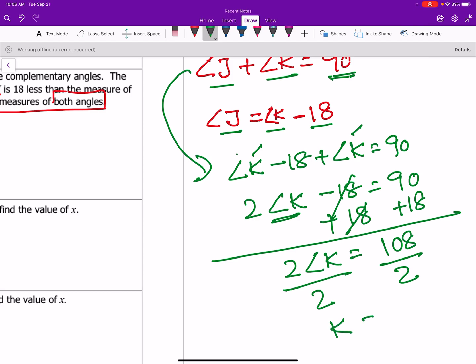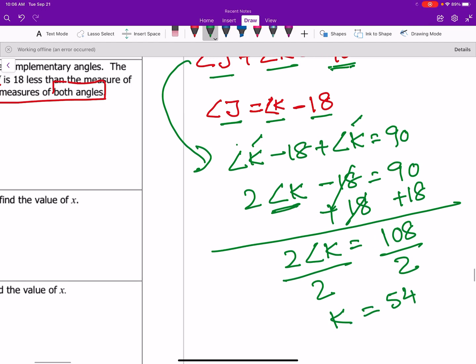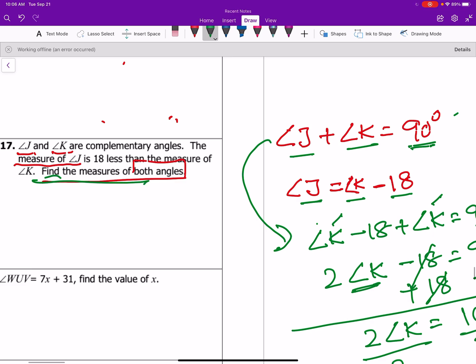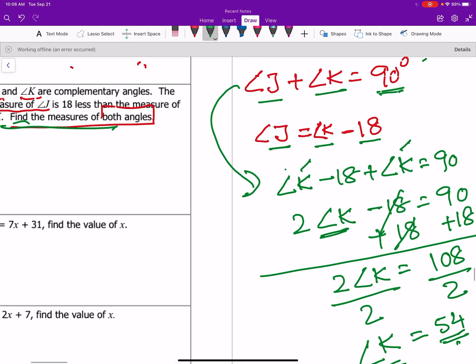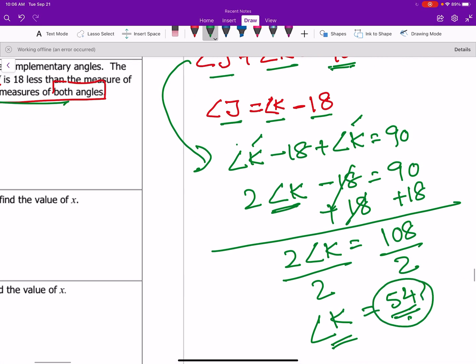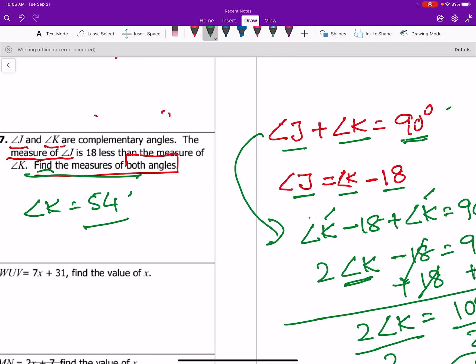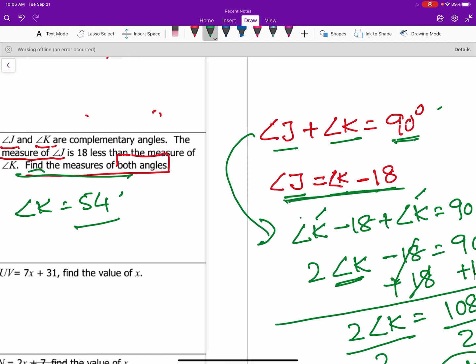so you get k equals 54. All right, k equals 54. So angle k is 54. Since they ask for both angles, now we know what k is. So we know that our angle k is 54. Now what we can do is use this equation to find j, because j is k minus